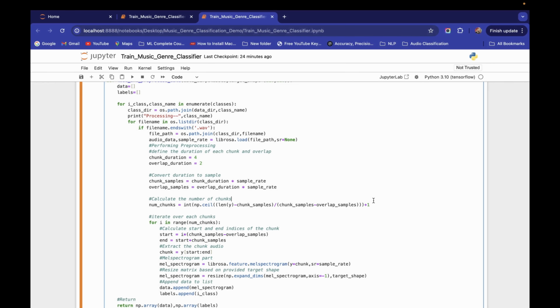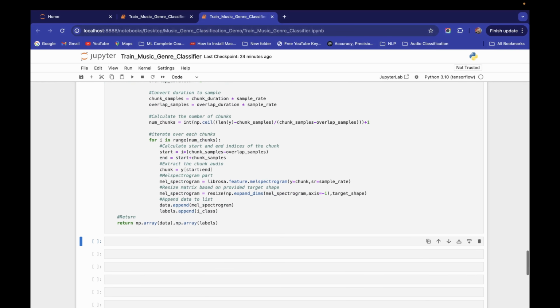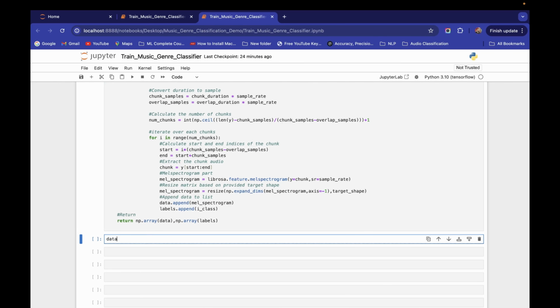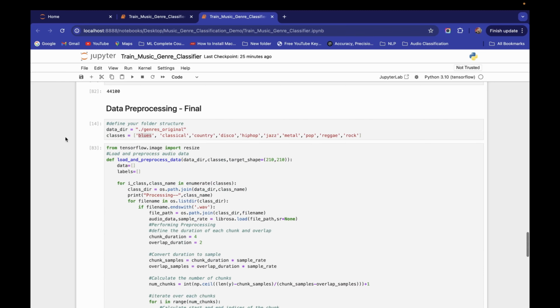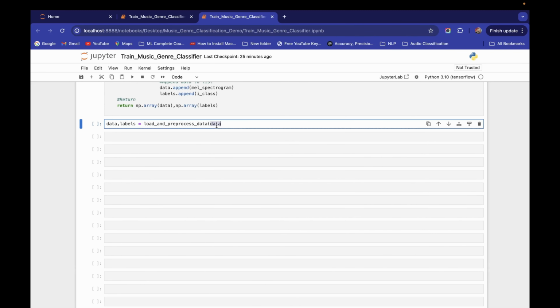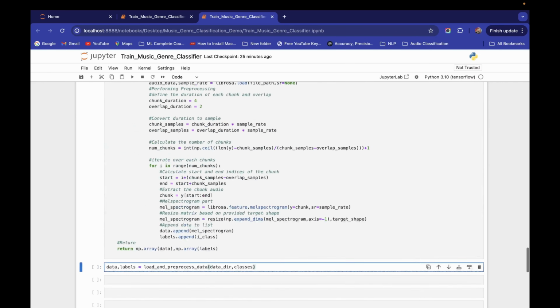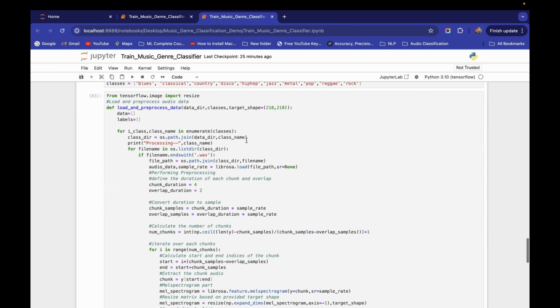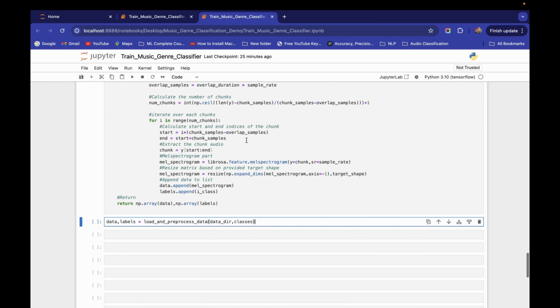So let's do the pre-processing. I will return it to my data and labels, and pass load and pre-process data, and inside this I have to pass my data directory which I have defined here. And second, I have to pass classes. By default, the target shape is already going inside my function.